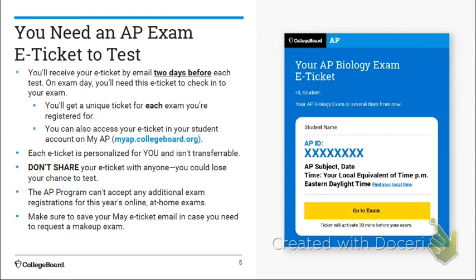Again, it will only show up 48 hours before that exam. It's personalized for you. You can't give it to somebody else. It will only work for you. So everybody's going to receive it through email, but if for some reason you miss it in your inbox, you can always find it on your MyAP account.